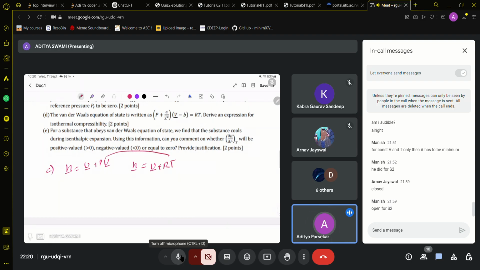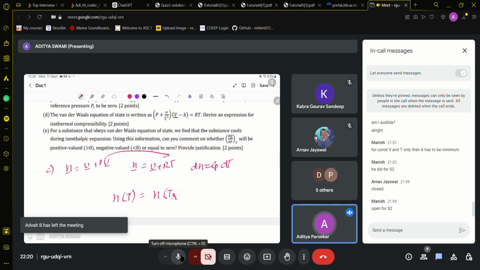That is, we are just substituting PV bar with RT. Also we know that dH is equal to Cp dT for an ideal gas. So H as a function of T would be given as the enthalpy at reference temperature plus the integral from T reference to T of Cp dT,